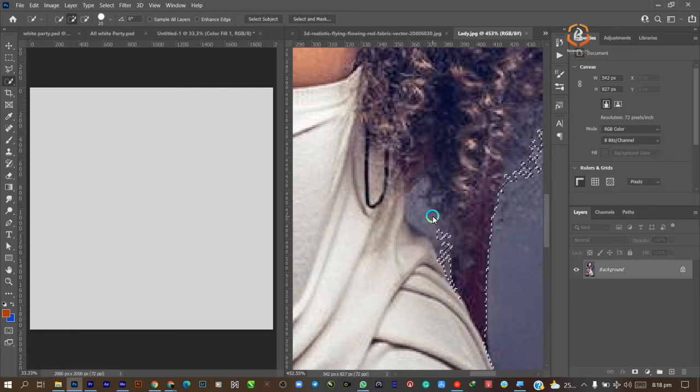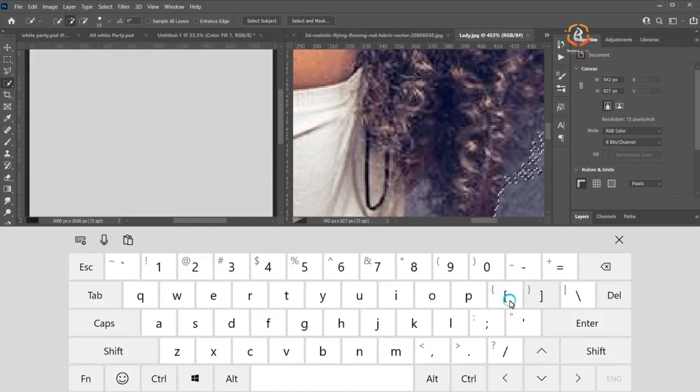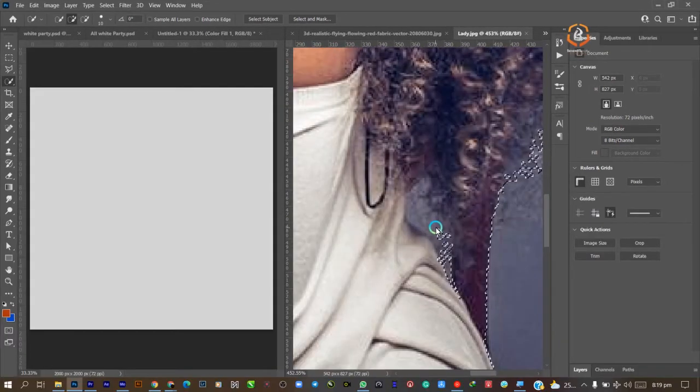So I'm going to reduce my brush using the special bracket keys. That is after P. We have two special brackets, the one at the left and the one on the right. I've been using the left bracket to reduce the brush, the right one to increase. And don't forget, these are the two special bracket keys. So I'm going to press Alt on my keyboard and deselect this portion